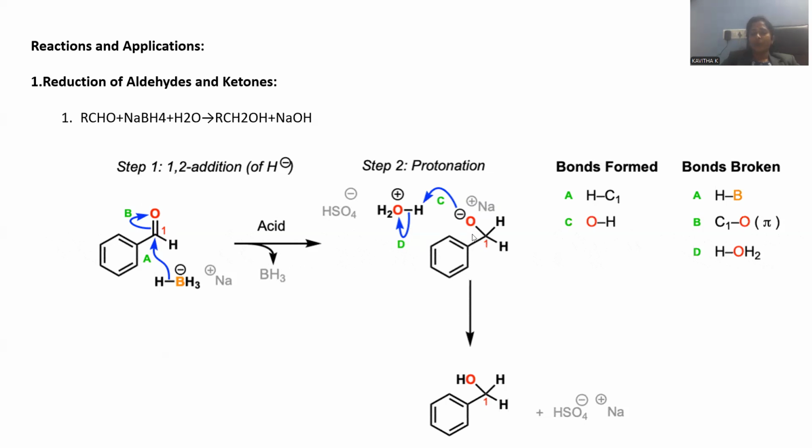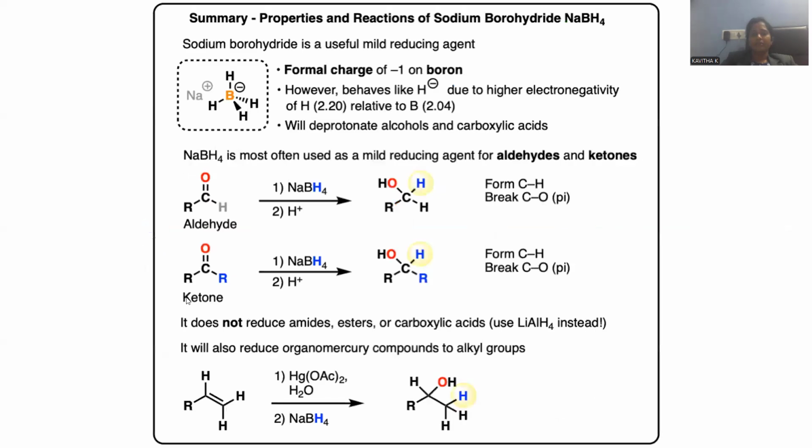A carbon-hydrogen sigma bond, you can notice. Whatever oxide is generated is able to pull the proton from the water or any acidic medium, if present, that is able to give the H plus, giving rise to hydroxyl. This is the reason why aldehyde will finally be transformed into a primary alcohol by sodium borohydride reduction. Sodium borohydride gives rise to the primary alcohol with aldehydic compounds.